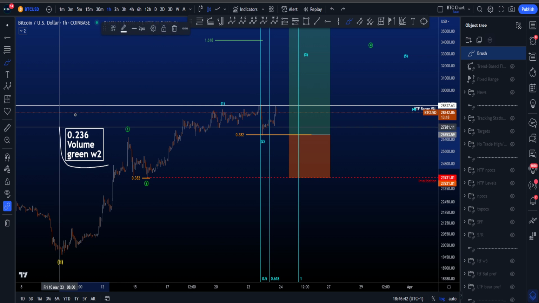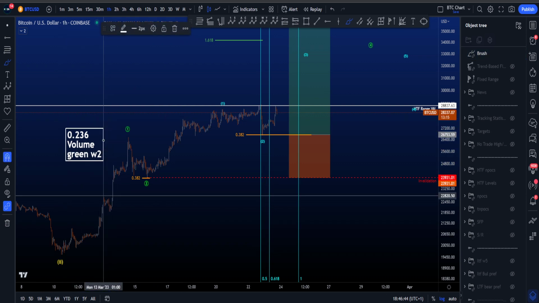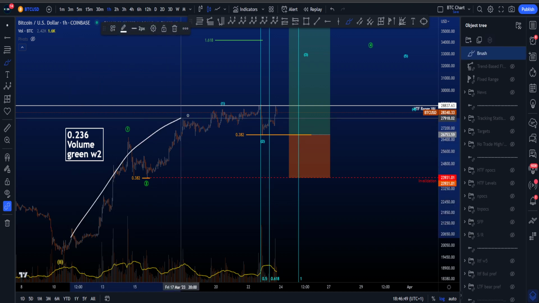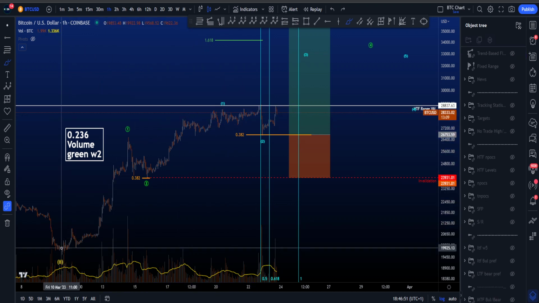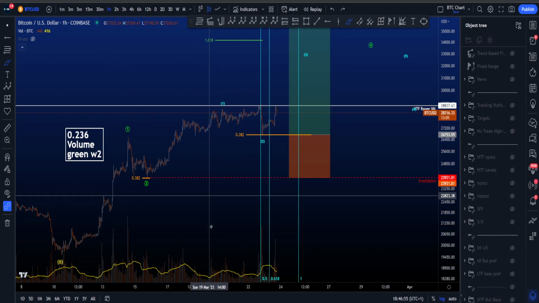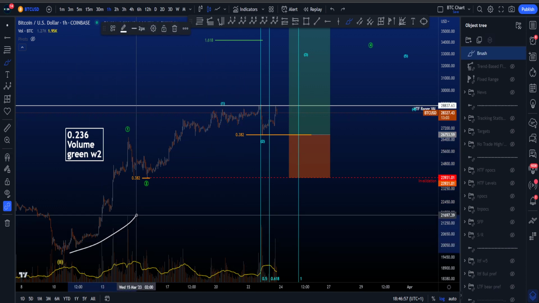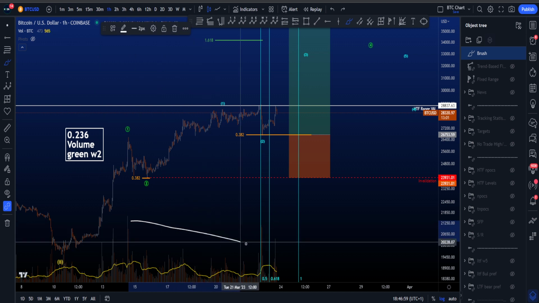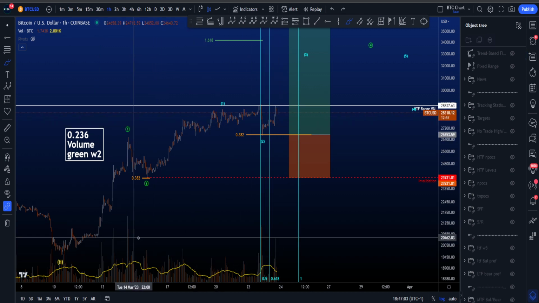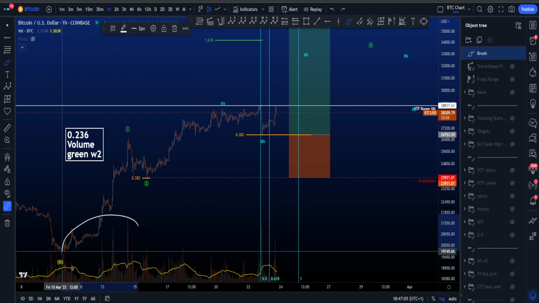What I don't necessarily like, however, is the volume as written in this box over here, because if we open the volume, you can see that this move at the moment is going more from an impulsive structure to more horizontal, which is not really what you want to see. And also the volume was increasing over here, yes, but now it is still decreasing. Yes, we had a little bit of a spike of volume just now, but in general the volume is still lower than we had over here.